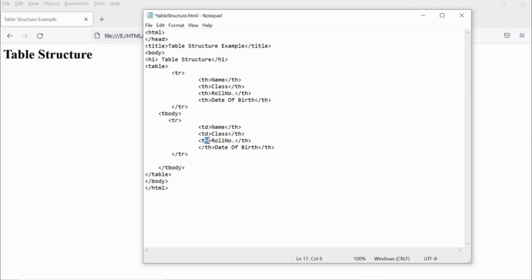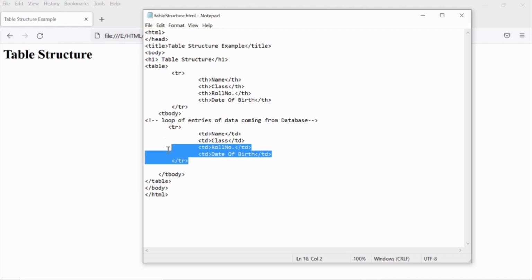So I am replacing the TH with TD in the main body section. You can also replace it in the TR in the header section also. I have explained you, but you can go with the T body structure with TD. So here in TR there will be a row for student, like student name, any name like name 1, then class will be 5th, 6th, 7, or roll number maybe 36, 7, 8, 23, or anything, and date of birth can depend upon the child's date of birth. So this data can come from many sources.